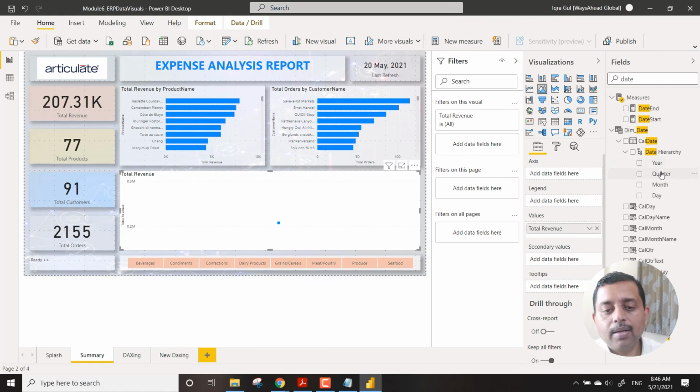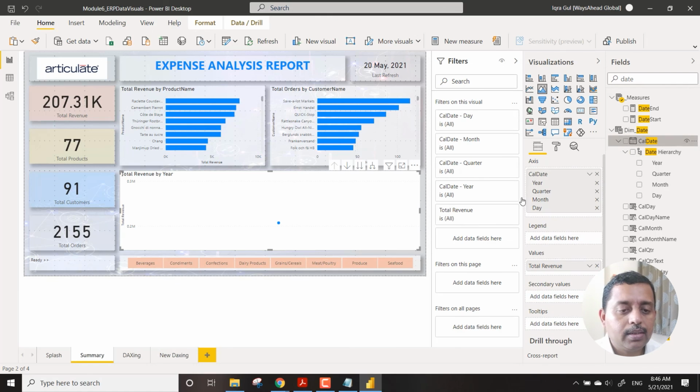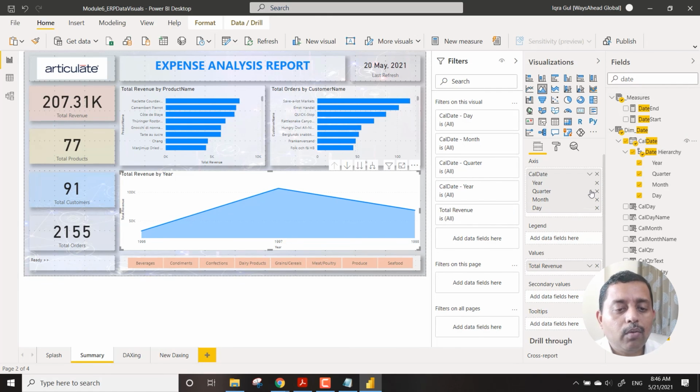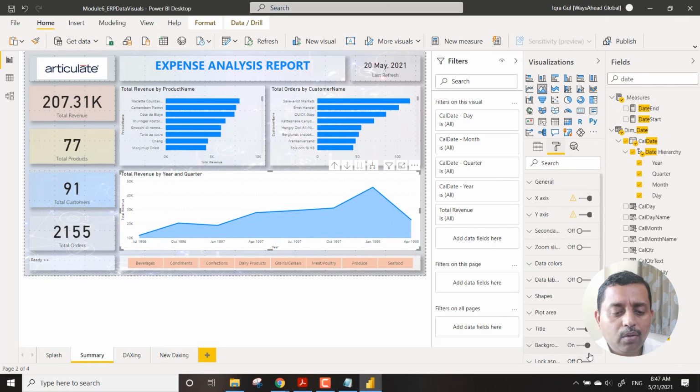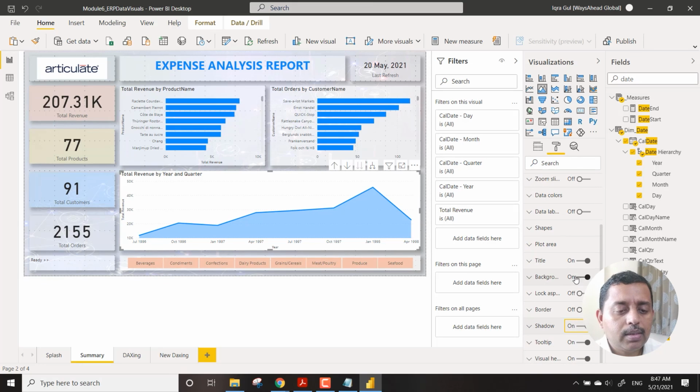So you can see the date, and this date we can just bring in like this, and you can see how it works. We don't want maybe the direct year. So what we can do is go a bit deeper, one step deep. So we will talk about this in a while, when we say drill down and other things. But for the time being, you can see how this visual is giving us.